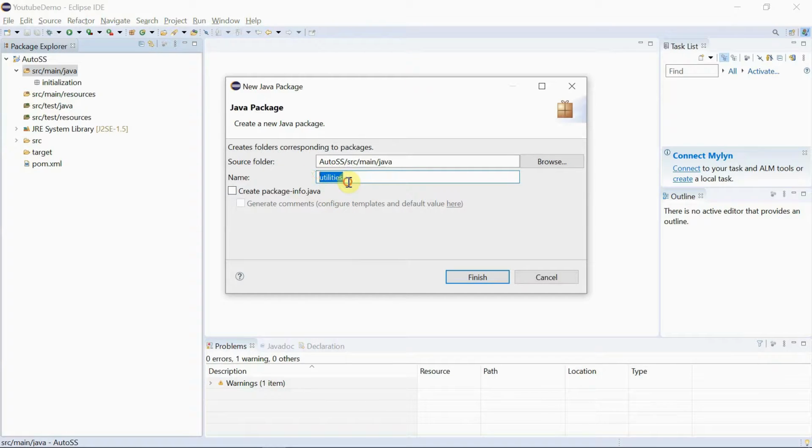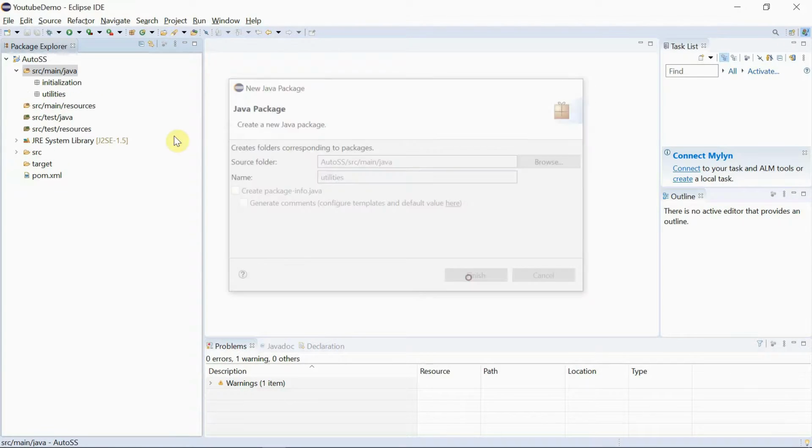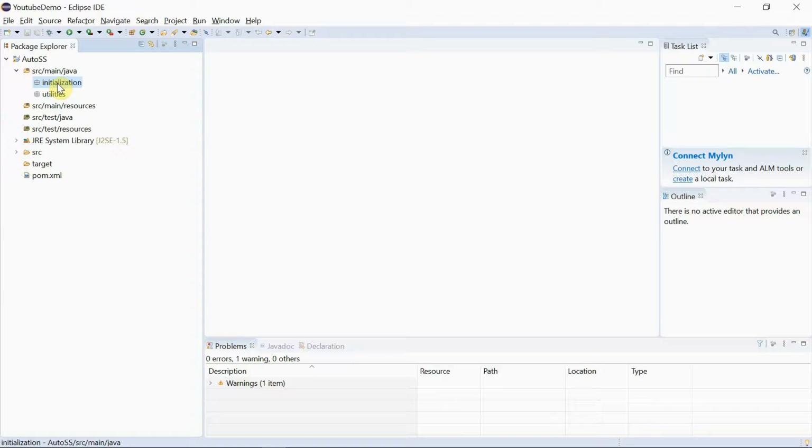Basically, package names should be in lowercase letters. So basically in the initialization package, we'll be having one class which will contain the main class, and from that we'll be calling all those methods, like for creating a pop-up or taking a screenshot. We'll be writing different functions. Those functions will be available in the utilities package in a different class.